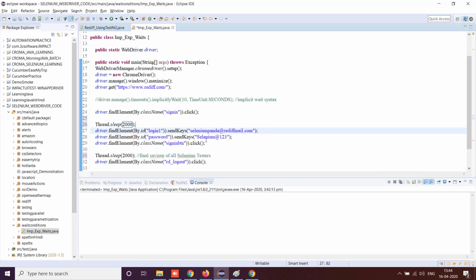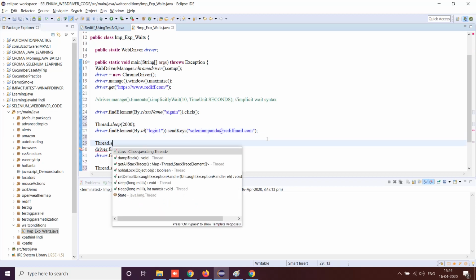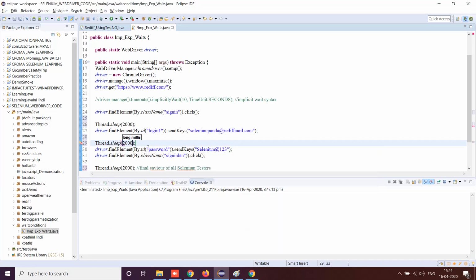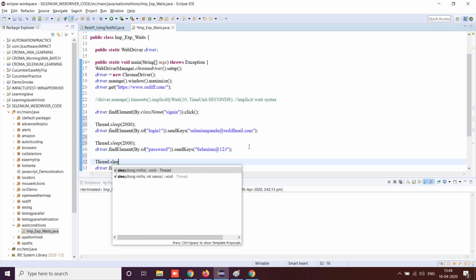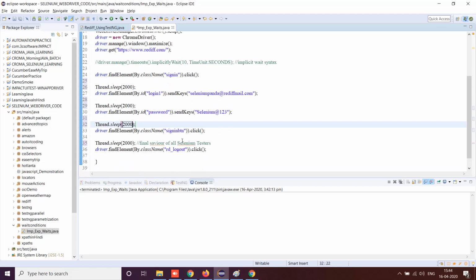Then this is also not loading, so we'll apply thread.sleep here again, and again here. So you are asking Selenium to wait 2 seconds for each and every encounter. So let's run this code.